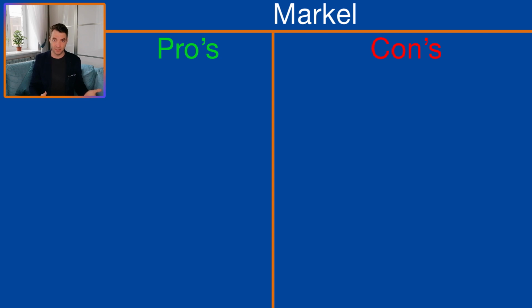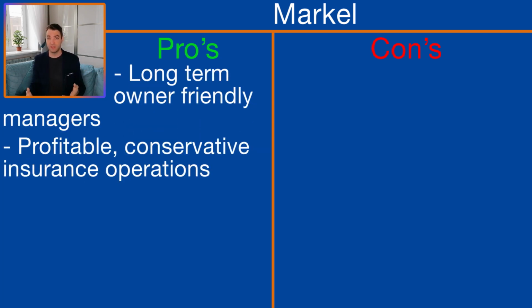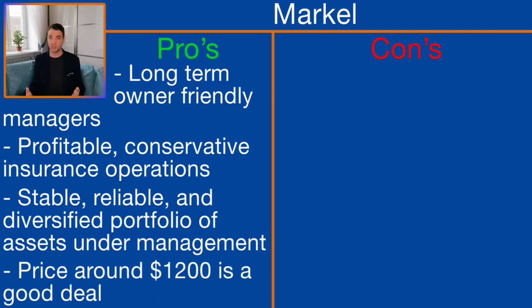Okay, I actually got stuck here thinking of a third stock, so I'll give you a list of some of my options. They all have their own pros and cons. So the first company I was thinking about was Markel, because they have long-term owner-friendly managers, profitable, conservative insurance operations. They're stable, reliable, and a diversified portfolio of assets under their management, and a price at around $1,200 is a